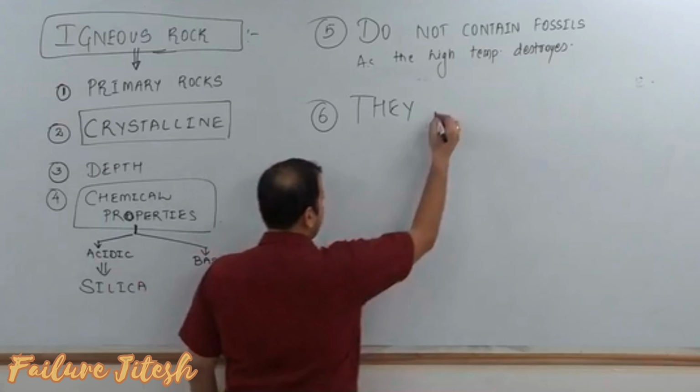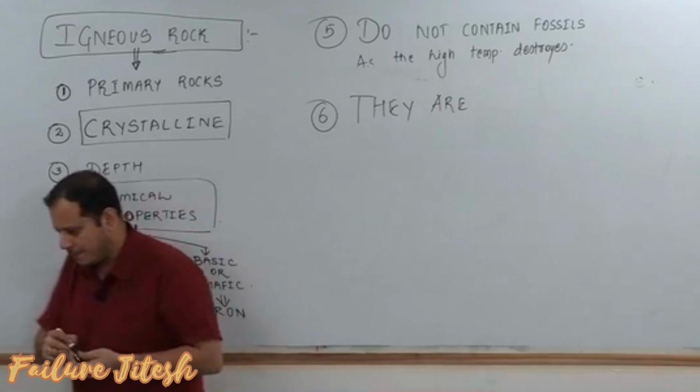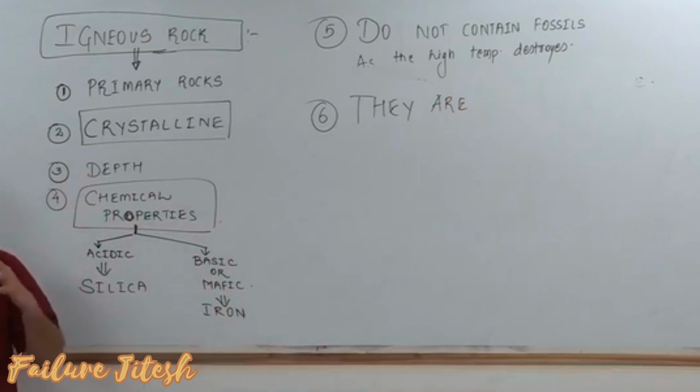Just write this point, they are found in massive forms or structures, such as mountains, hills. These are compact rocks,